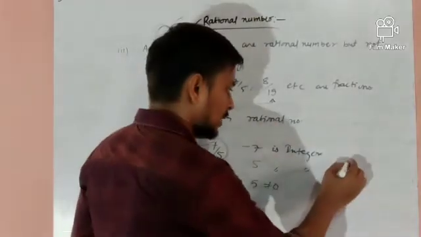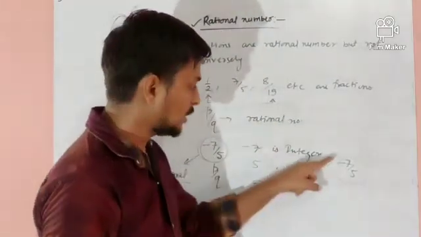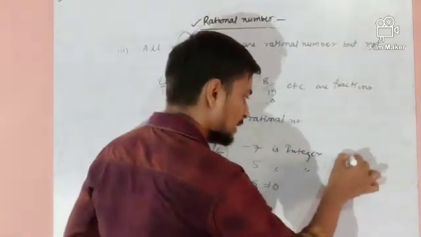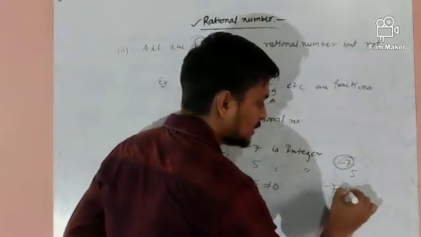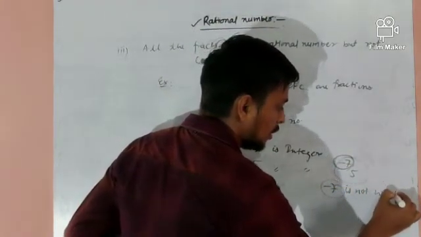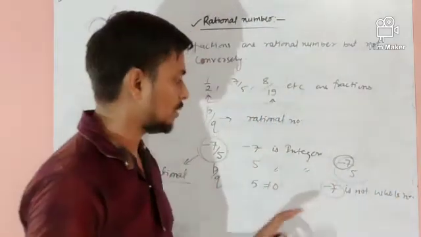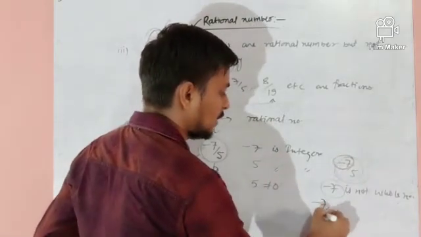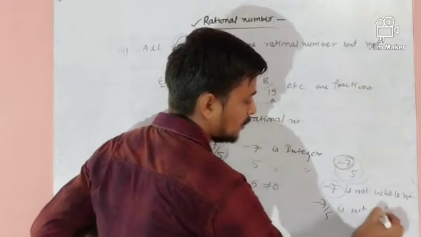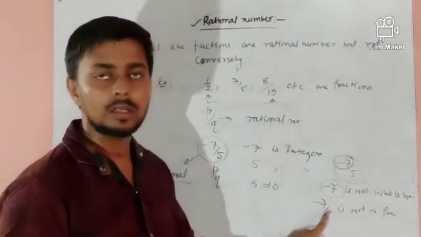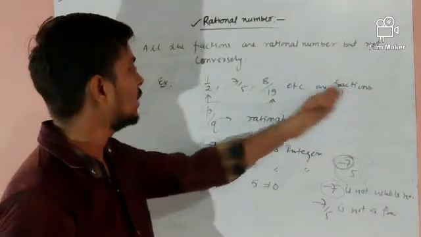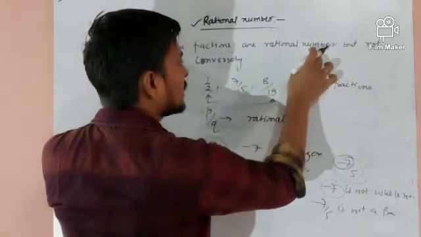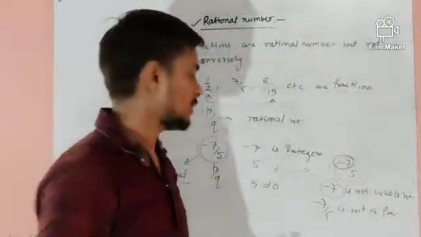Check it. The definition of a fraction is what? Any number of the form p upon q where p and q are whole numbers. But here minus 7 is what? Minus 7 is not a whole number. 5 is okay, but minus 7 is not a whole number. So this is not a fraction. It means this is rational but not a fraction. But all fractions are rational numbers. Simple statement: all fractions are rational but all rational cannot be fractions.